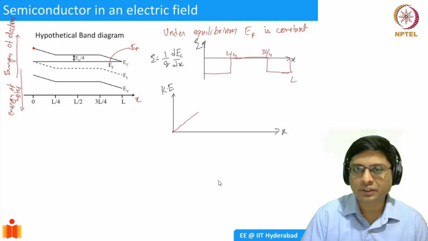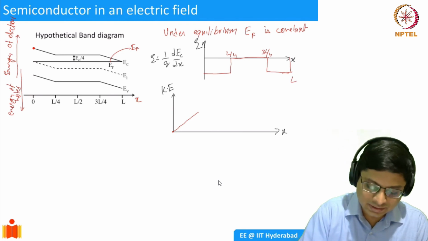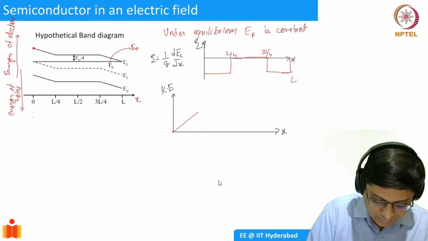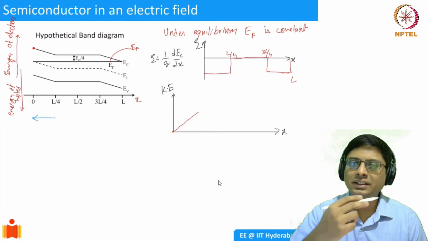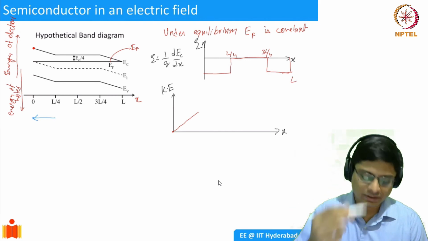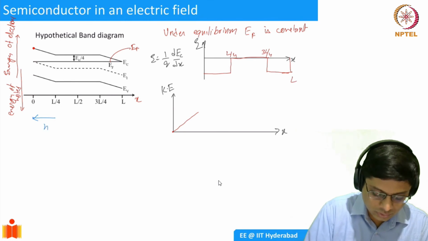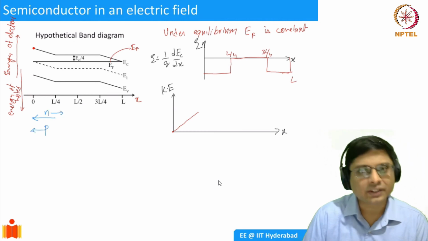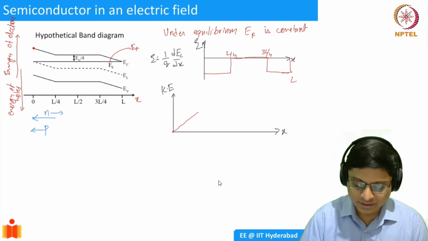Because how is the electron going to go? Because the electric field is negative, that means dEC by dx is like this. The electric field is pointing in this direction. Electric field always points along the positive gradient in the EC, right? So if the electric field is pointing like this, holes are going to move in this direction, and the electron is going to move in the opposite direction, right? So the electron will acquire energy, and that can be displayed by this.